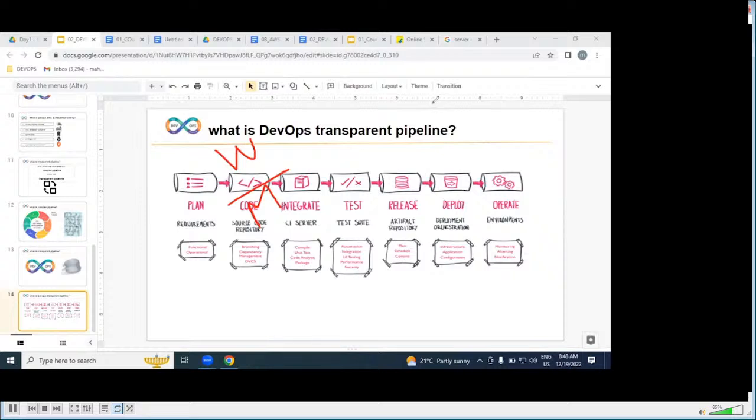But how many developers do we have? Please, anybody help me? N number of developers. We don't know. Every day, morning to evening, each and every developer writes N number of code. But all developers' source code, we need to integrate or not? Yes, we are going to integrate. How? Continuously.